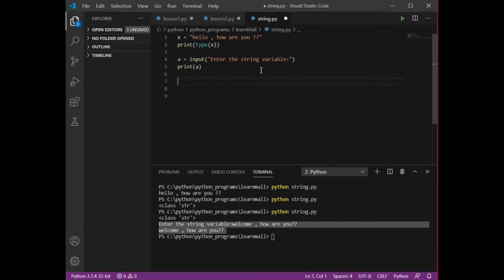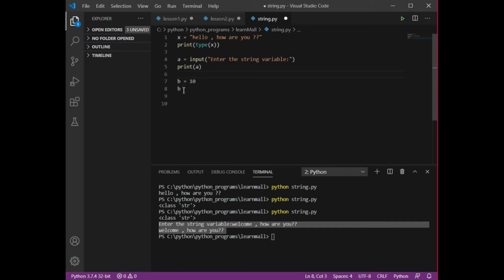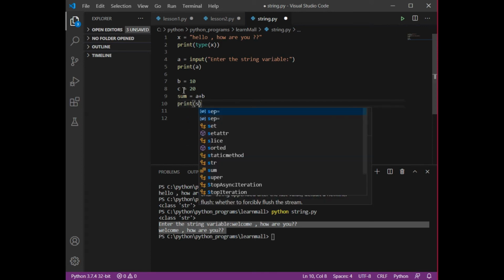Now suppose I want b equal to 10 and c equal to, let's say, 20, and sum is equal to a plus b, and then we are going to print that sum.